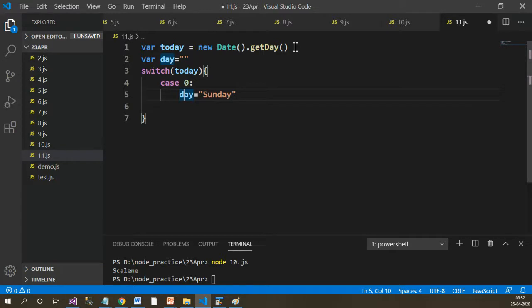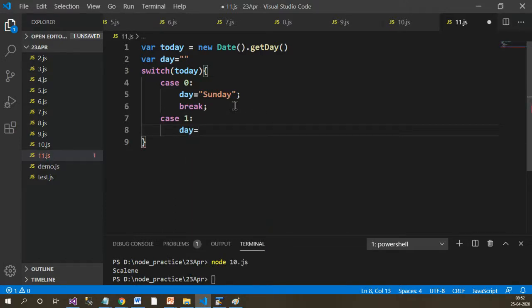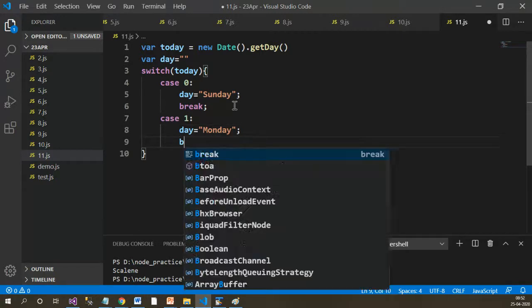Here you can apply the termination using a semicolon. It's optional, not at all compulsory. So let's break it. Case 1, put the day value as Monday and break.